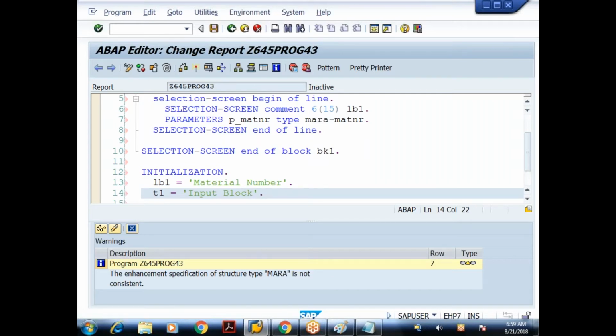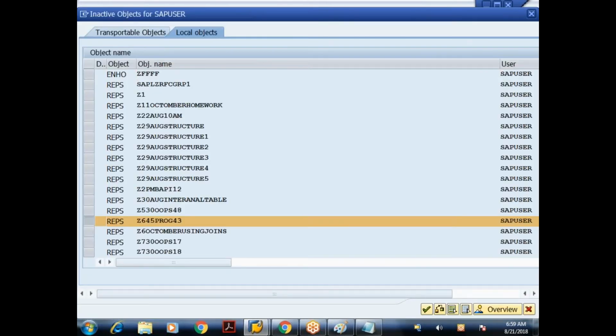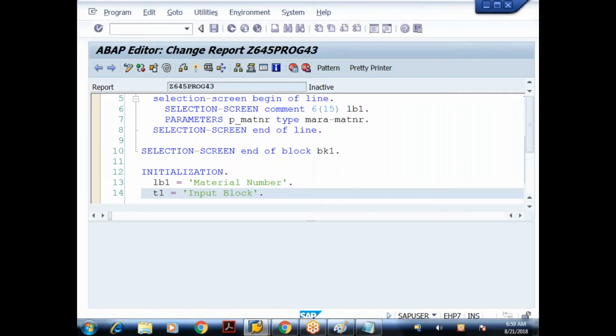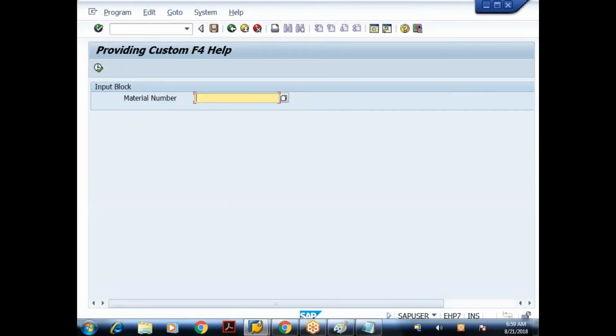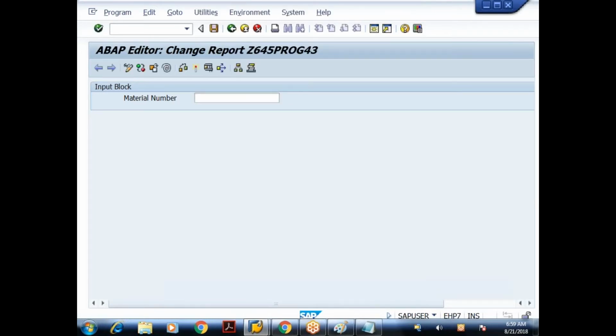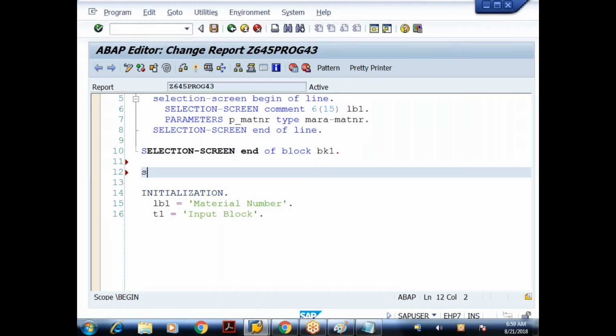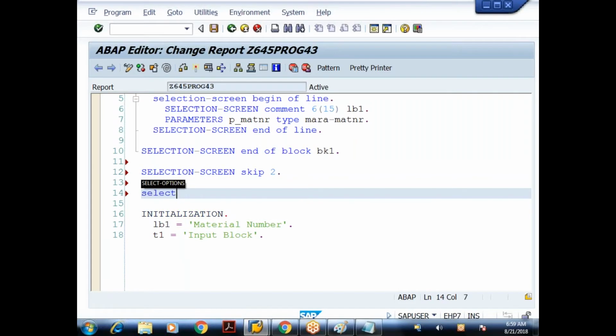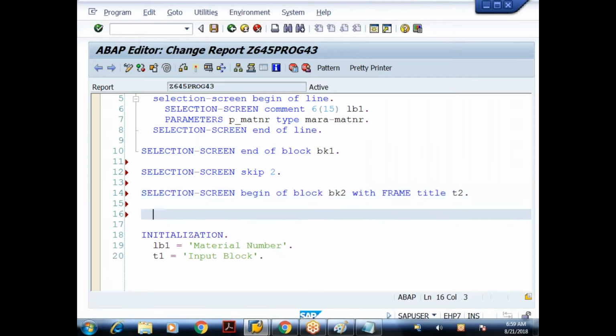So when I execute this, I got a block which contains a material number. Then I want one more block, so I want to give some space. So I'll say selection screen, skip to. I'll design another block. Selection screen, begin of block name, I'll give it as BK2 with frame, title I'll give it as something T2. Then I'll say selection screen, end of block,